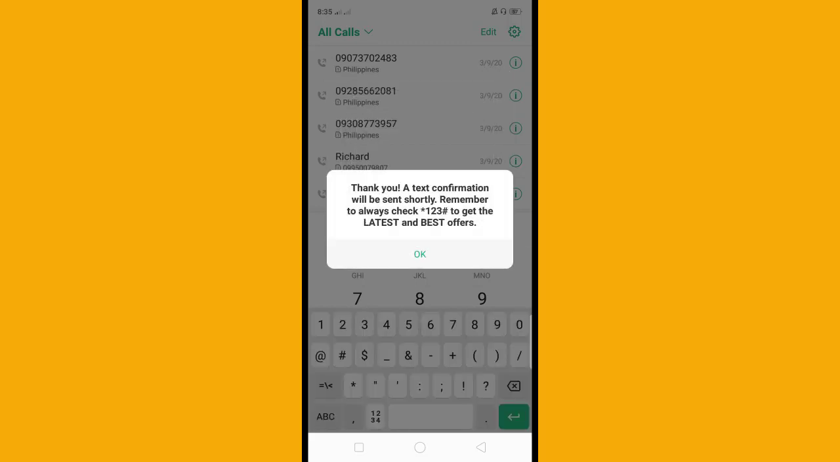So ayun guys, may magpapop up dyan na thank you, a text confirmation will be sent shortly. Remember to always check asterisk 123 to get the latest and best offers of Token Text. So ayun guys, may matatanggap na tayo na confirmation message na kung naka-register na ba tayo sa AOS 30 na